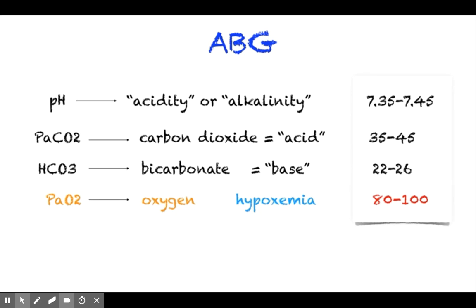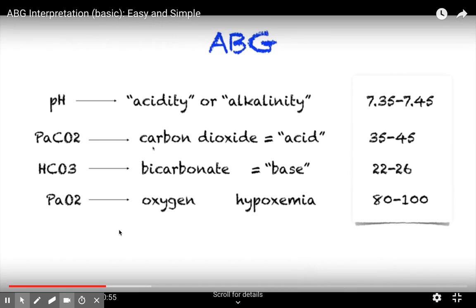But am I saying disregard PaO2 all completely? Of course not. Just for the sake of the lecture, when you need to interpret your ABG, whether it's metabolic or respiratory, acidosis or alkalosis, you just need to look at your pH, your PaCO2, and your HCO3. Does your patient have hypoxemia? Look at the PaO2. Again, your pH refers to the acidity or alkalinity of your blood, and the normal value is 7.35 to 7.45. Your PaCO2 is your carbon dioxide, which